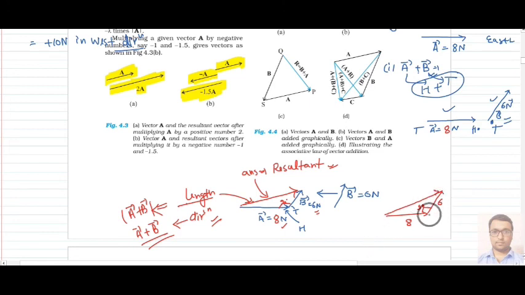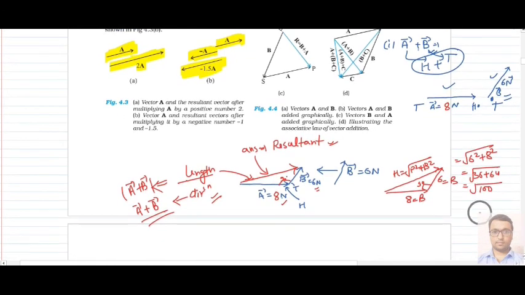This is basically your base and this is your perpendicular. You know that this will be the hypotenuse and its value is under root perpendicular square plus base square. So it will become perpendicular square, meaning 6 square, and base square, meaning 8 square. So it will be 36 plus 64. It will give you 100, and your answer will come out 10 Newton. So this is the way how we add it, or how we get our result.